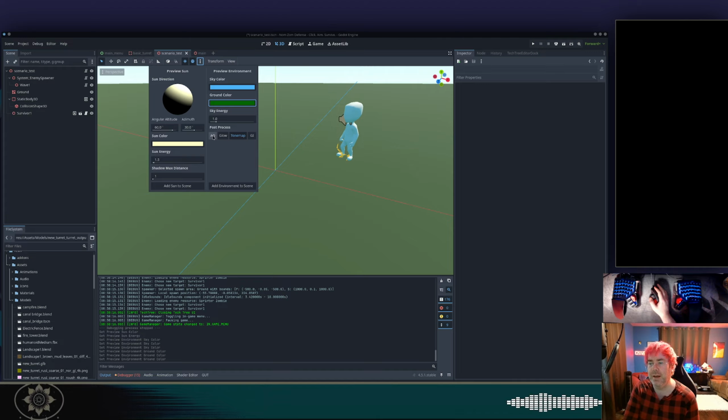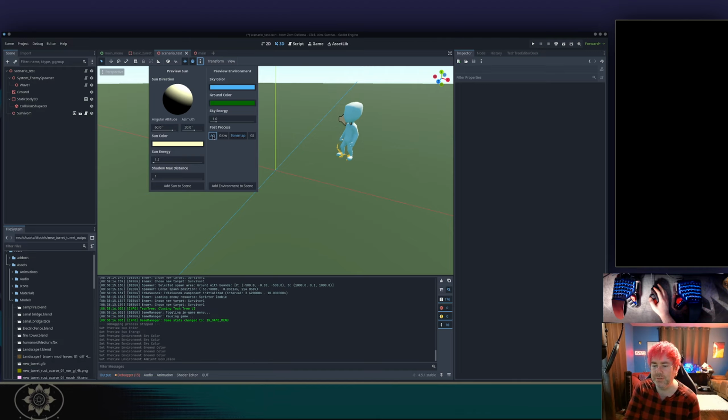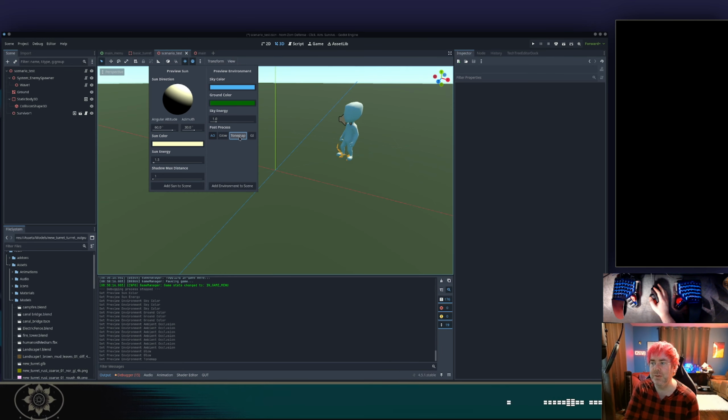So AO is maybe ambient occlusion. Turning that on, we get some more subtle shadows. It's kind of cool. Glow doesn't do anything for us. Tone map. GI. Oh, it took a second to think. Global illumination, huh? It's fancy. If we turn that off, we get